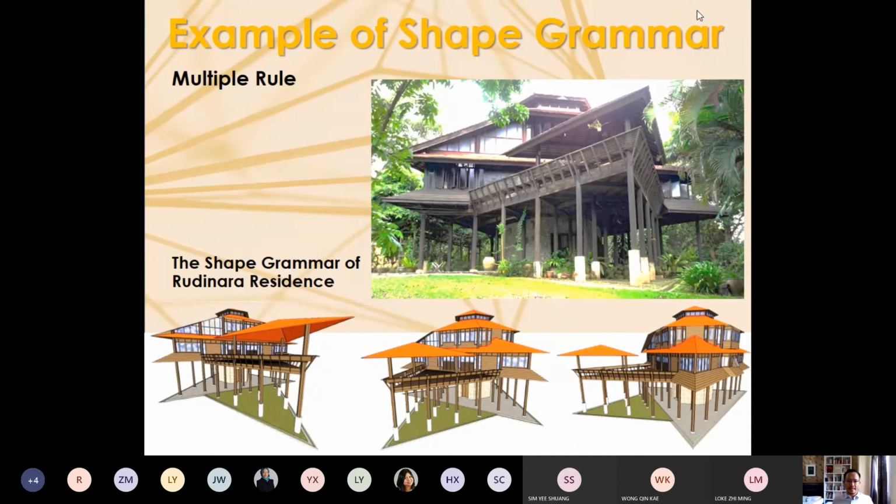Okay, another example of shape grammar. Tomorrow I'm going to show you that shape grammar can be performed using a single rule or multiple rules. So this is an example of multiple rule shape grammar. This was the research that I did during my master, but it's a bit different from the other projects that I've shown earlier, the Prairie houses, Queen Anne houses, the Japanese tea room. The difference is